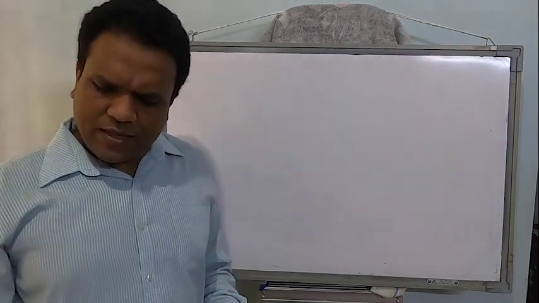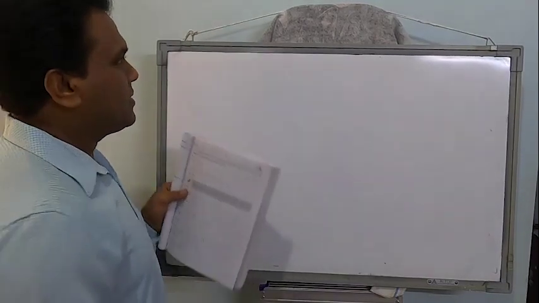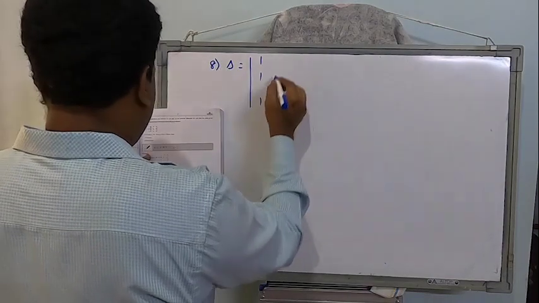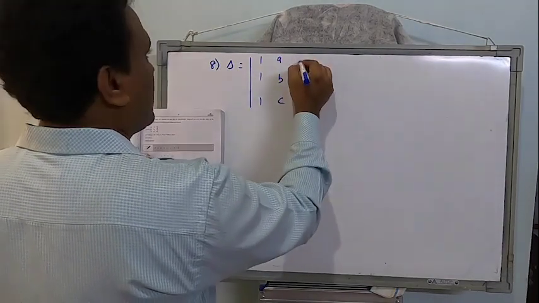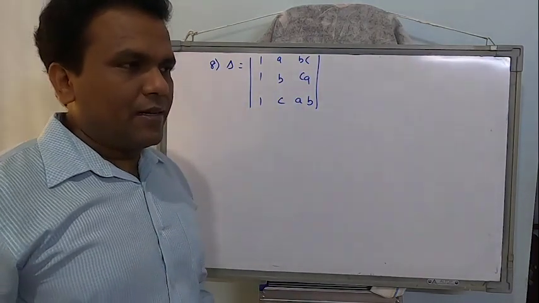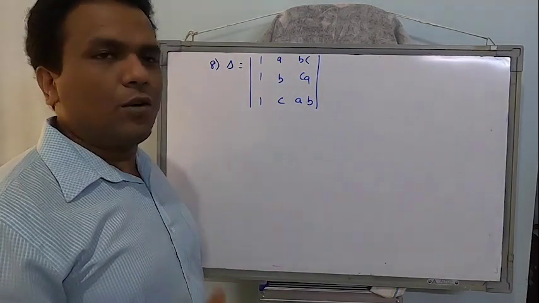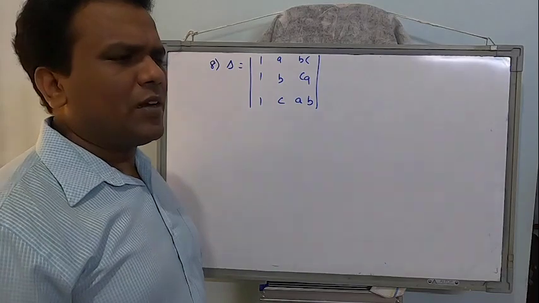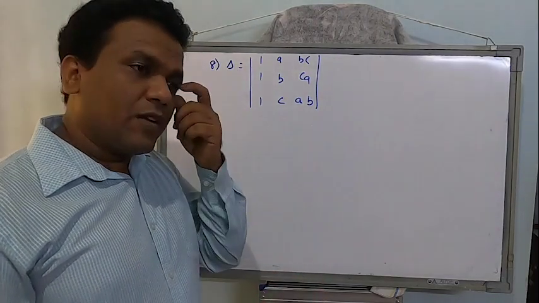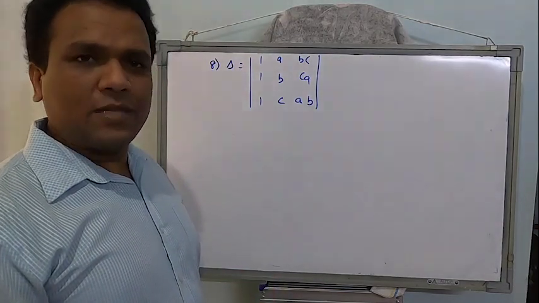Hope that's fine, students. You are finding these problems quite simple because they are worked examples. They will be easy only. Just to understand the concept, they will give you: evaluate delta equal to 1, 1, 1, a, b, c, bc, ca, ab. So I'm not taking the risk of leaving any of the NCERT problems unless it's not necessary. I will do almost all the problems. Somewhere, if I feel it's not required, I will eliminate very few problems, rarely.